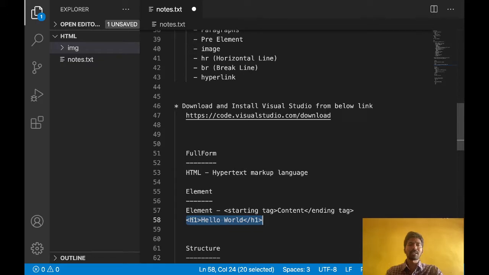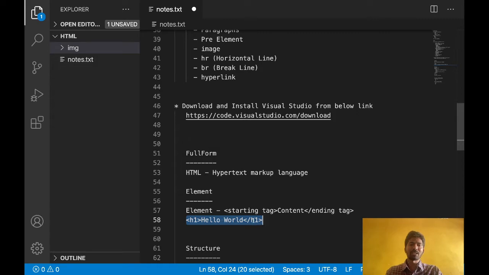This is the starting tag, this is the ending tag. Inside that, if you want to write some heading, you can use h1. In between the starting tag and ending tag, you can write some content. For example, if you want to write some heading, you can use the h1 element.